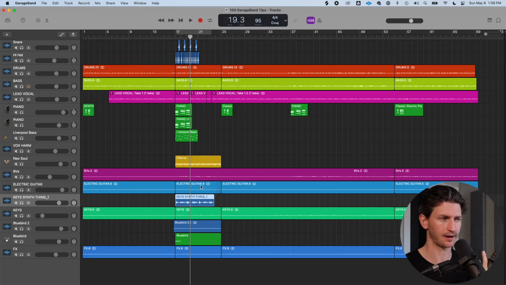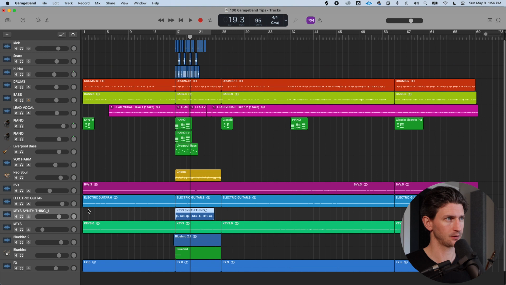Number 94 is how do you make your tracks sound wide when you're mixing? So width is a big topic, but there are a few little things that you can do to add width that make a big impact right away. Simply the use of panning. So notice how all of these tracks have a little, this is called a pan pot actually,